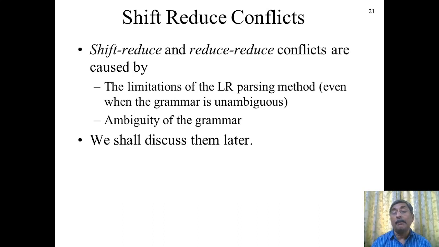There are context-free grammars which cannot be parsed using LR methods at all. So all languages generated by all LR methods are actually a subset of all context-free languages. So LR languages form a subset of context-free languages. Any context-free language cannot have an equivalent LR grammar for whatever LR it is. It could be LR0, it could be LRK for any K. So, right? So they do not have one, but the interesting story is that just by LR1, it is possible to generate a